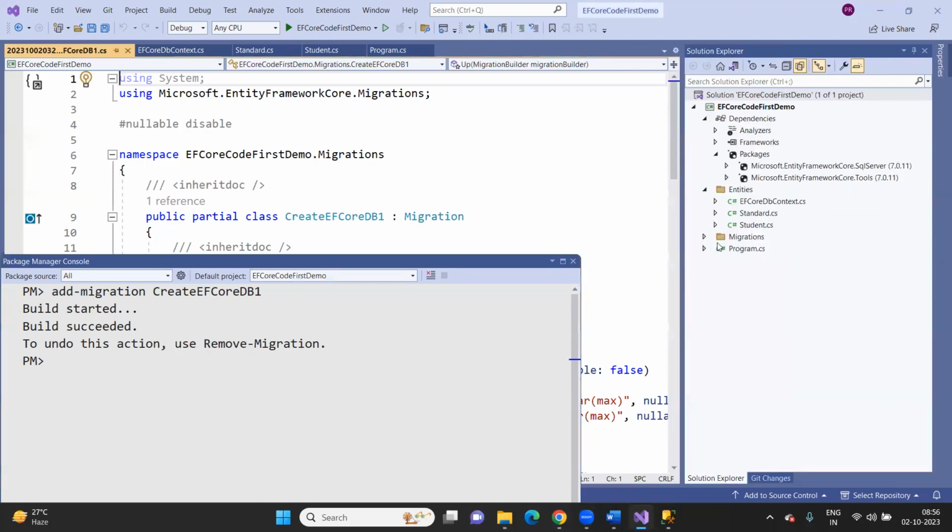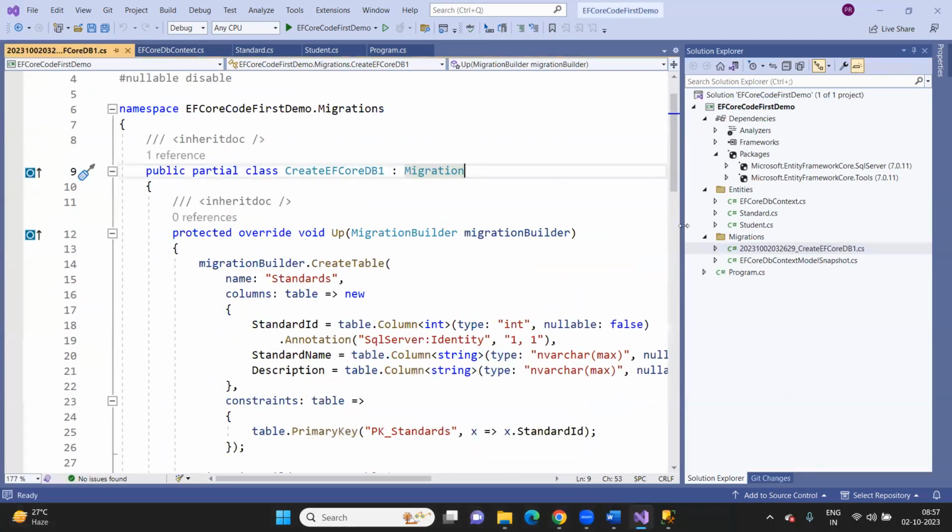You can see this Migrations folder here, and it is created with two files. We will discuss what these two files are later. But you can see one file is EFCoreDB1, the name we provided, with a date-time value added before it to specify this is the latest version. Another one is a snapshot. If you open this migration file,